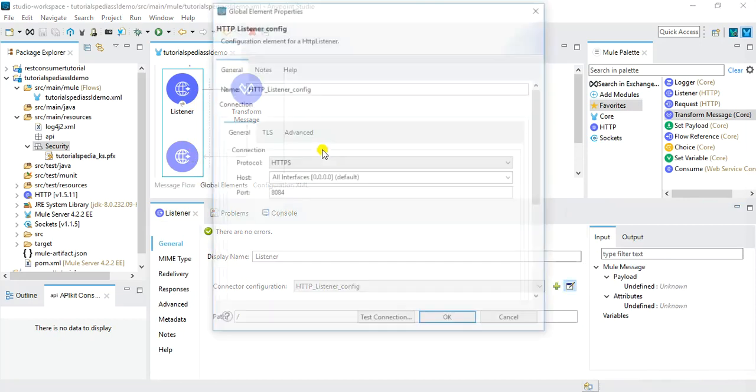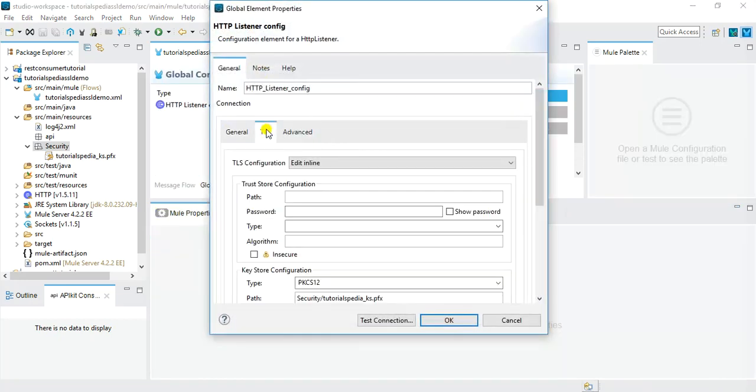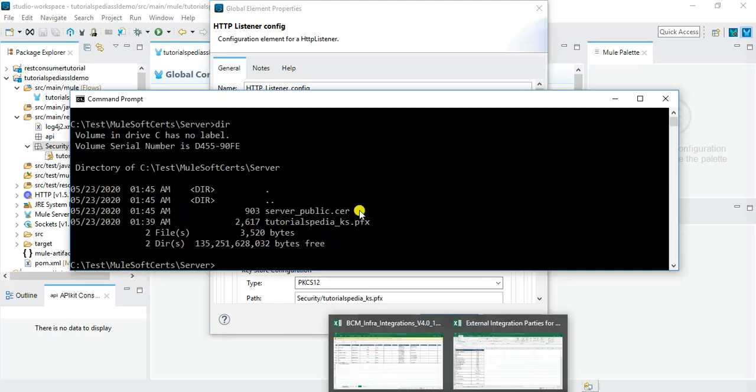Right now, if you see, we have only Keystore configured, but no TrustStore. For TrustStore, I will have to create the store again. So I will go to the browser. So I will go to the command line and